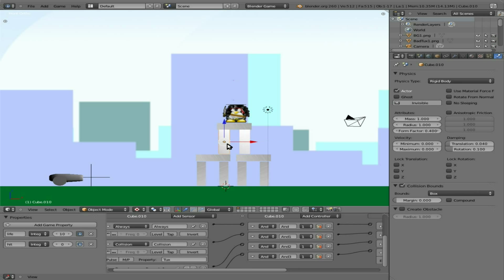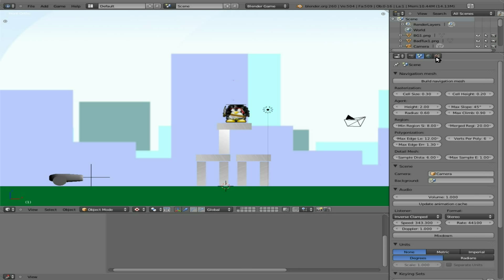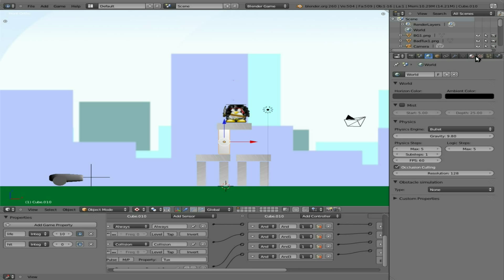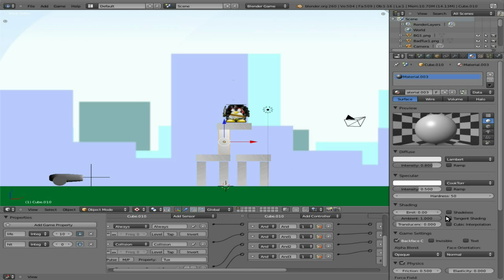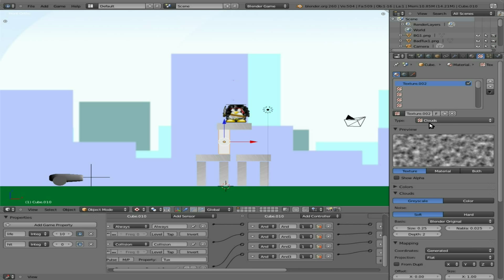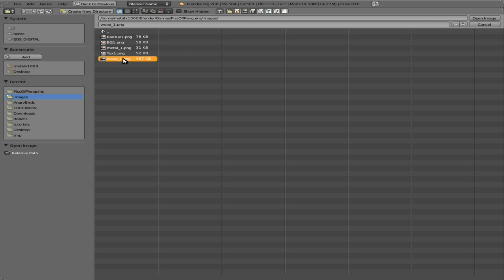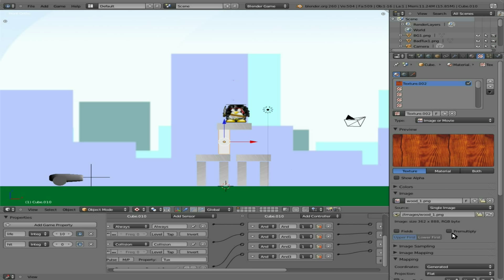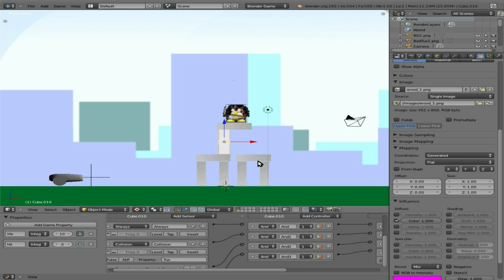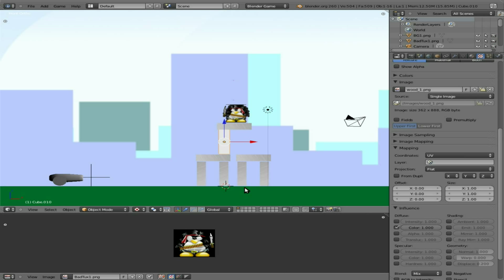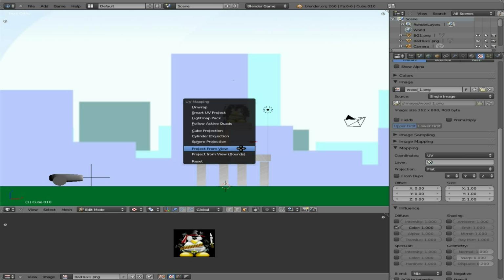And that's it for this tutorial. Actually, let's add a wood texture to this. We're going to say material, add a material, shadeless, texture, new, image, open, images, wood, open, and let's go ahead and change this to UV, package that in there, and then we'll make this tab U from view,